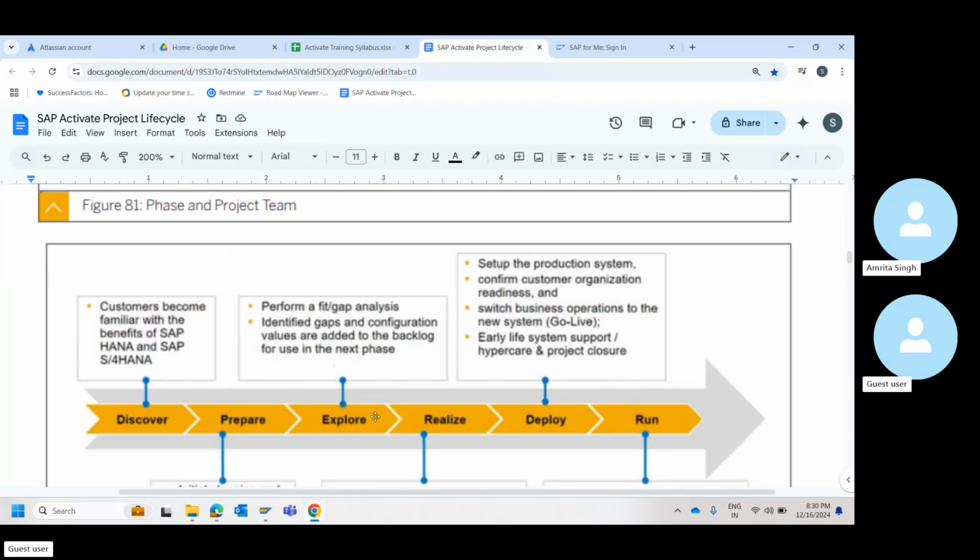After you gather requirements and freeze that, you prepare a document and get it signed off, only then will you move on to the realize phase. And then you start building your system, you start configuring a system, which is the development system. We talked about 3 different systems, right? Can you tell what the 3 systems are?